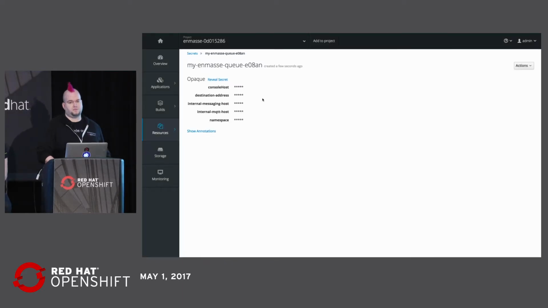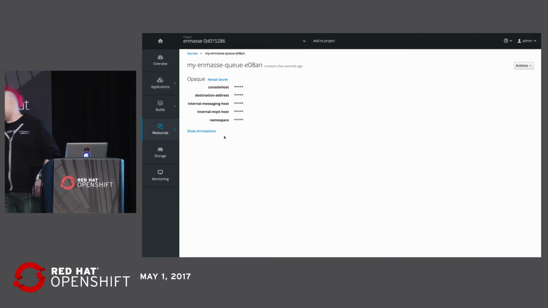So you can see here, the secret that was created via this binding has the host to talk to, destination address, some other information about coordinates, and now, if I were to go and start a new pod, I'd be able to consume this secret in my application pod. So we're going to just leave this up because there's different things to talk through, but that's a demo